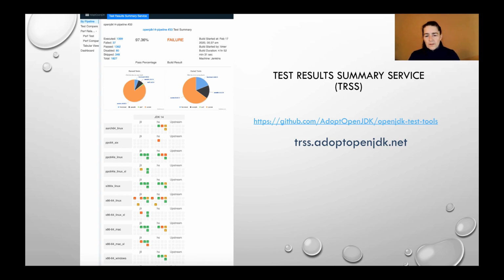You can even visit our open instance of it. The instance that we have at TRSS AdoptOpenJDK.net is really only monitoring a single Jenkins server, but that is to say that it's not restricted to that.